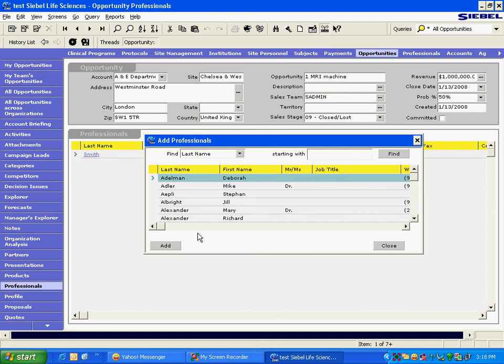So the enhancement to this applet is simple. The change to this applet is simple: we should put a filter here. The system should go at the opportunity level. From opportunity it goes to the account, picks the account name, and makes a filter on all these contacts by the account name, right? And then the system should show only those. So that means the system will automatically show only those 3 contacts there.